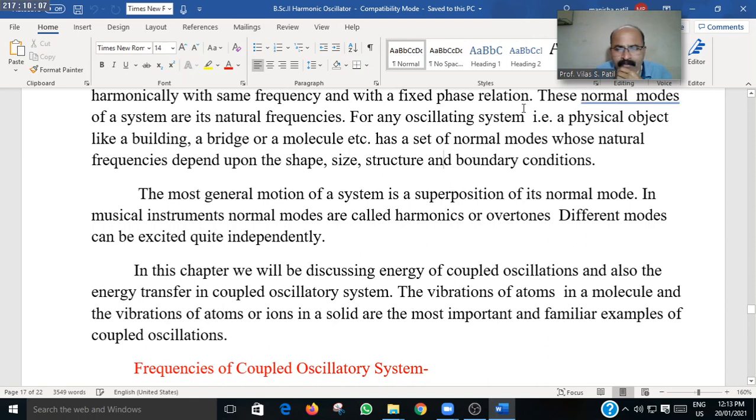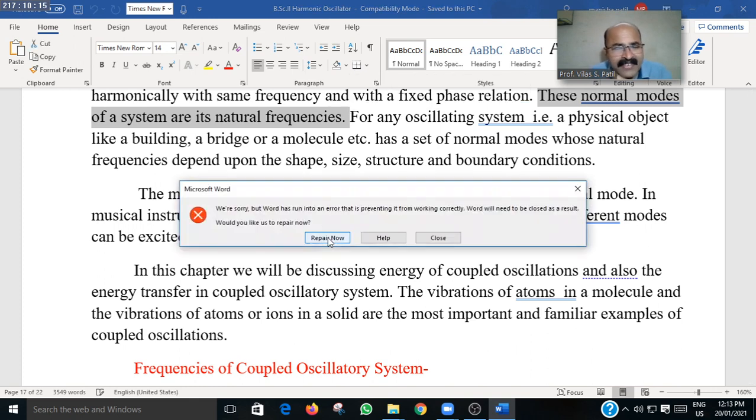See here, the normal modes of the system are its natural frequencies, it means